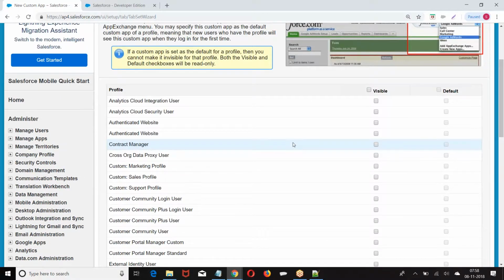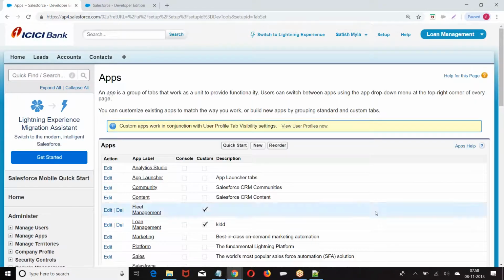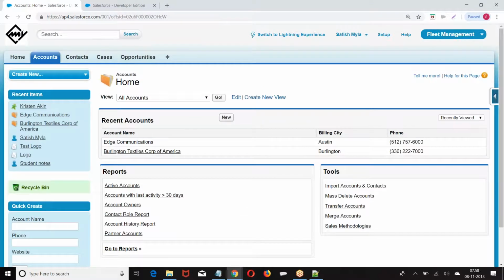Tell which profile can see this. Right now I told only system admin. This is how we are able to see it. I hope you are good. Clear for everyone? Okay. Later on, when we create our own objects, our own tabs, we will include them in this application. Right now, based on the availability of resources, we are trying to build it. Later on, we will create our own objects and tabs and include them in the application. Am I clear with this? Right, yes, what is your query?